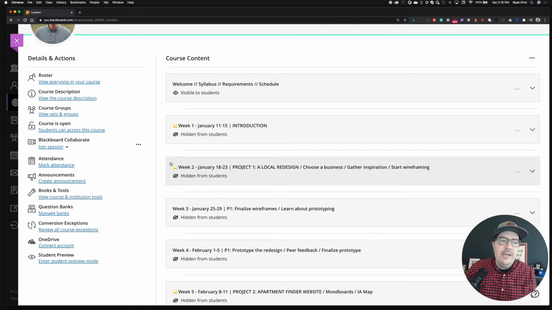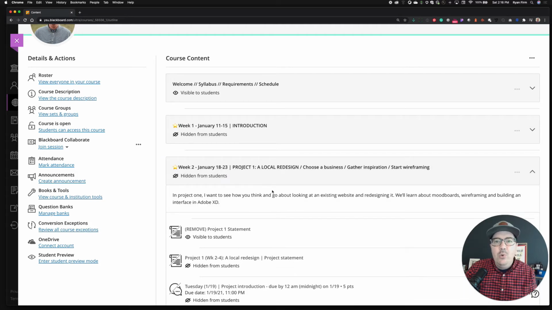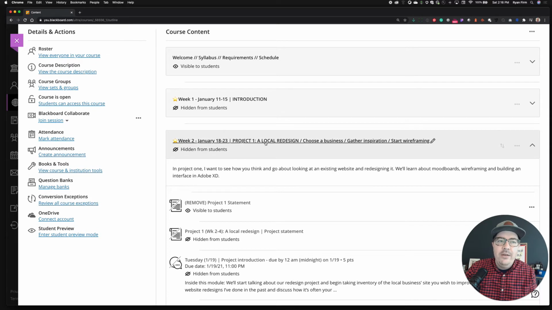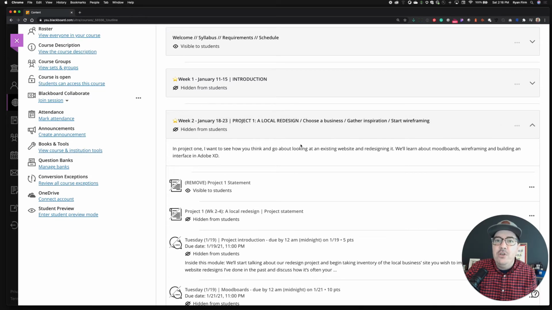This would be a great example of what to expect with the start of a new project. So you see the star, we're starting a new project. It's week 2, January 18th through the 23rd. Project 1, it's called a local redesign. And what I've tried to do in the title of each of these modules is just set the stage for what you would be expected to do within that week. So in week 1 of project 1, we're going to be choosing a business, gathering inspiration, and starting a wireframe. So very simple overview, so you know what to expect as we go module to module,